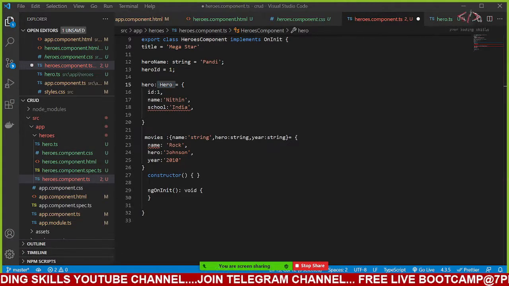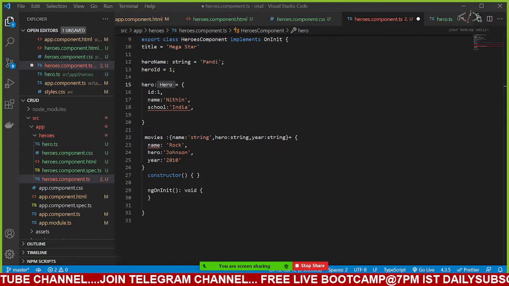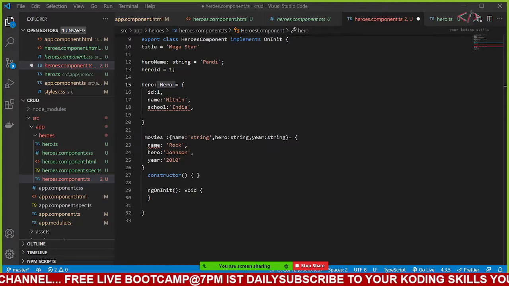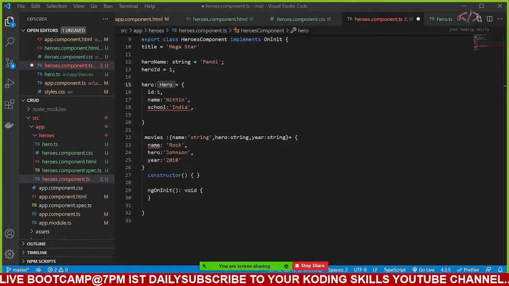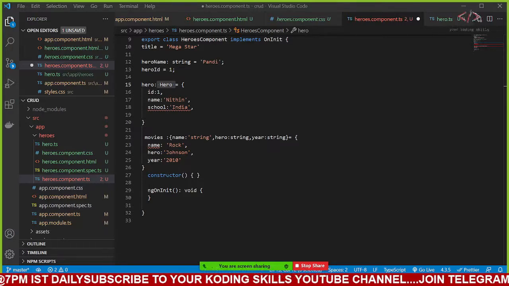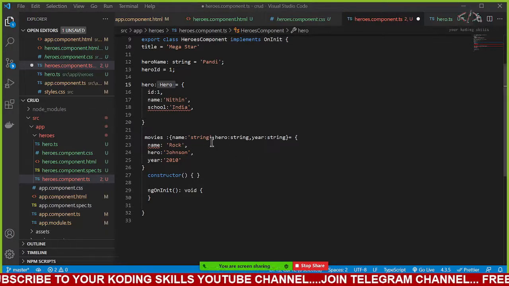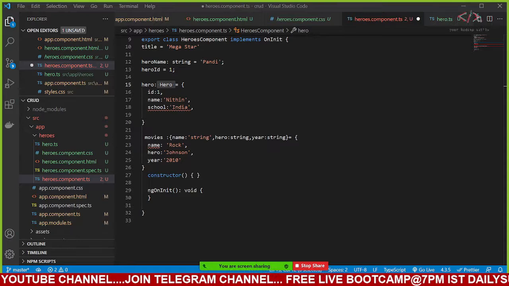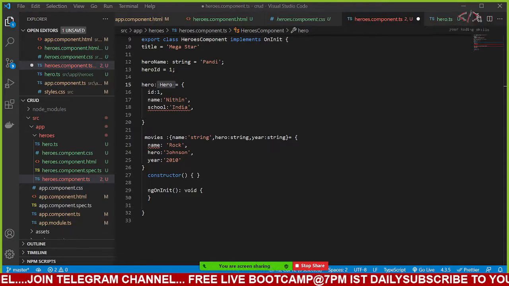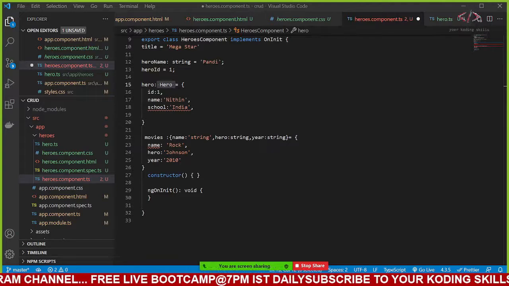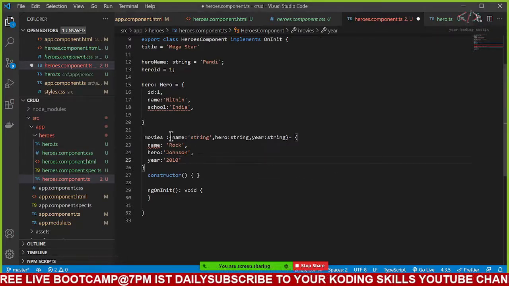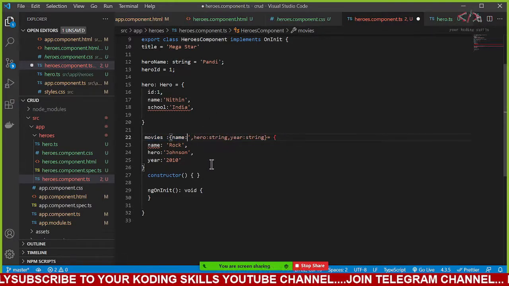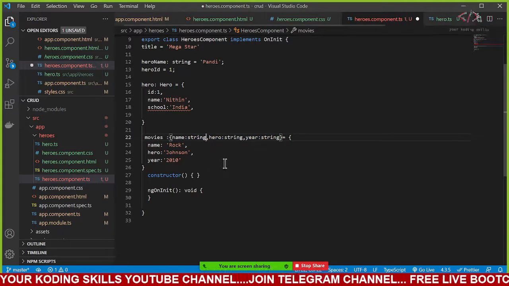Now one minute, friends, interface in TypeScript. I'll give you one example. I have to use this particular interface. You need to understand that what I have written directly here is nothing but the representation of that. And this string, let me take out this string. This should work now. See?